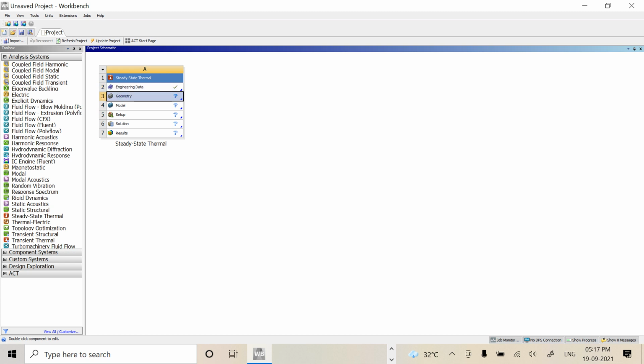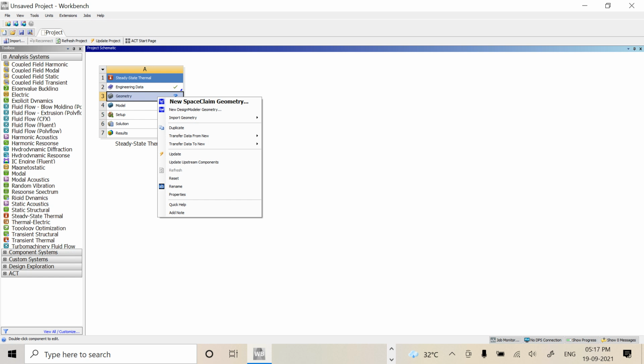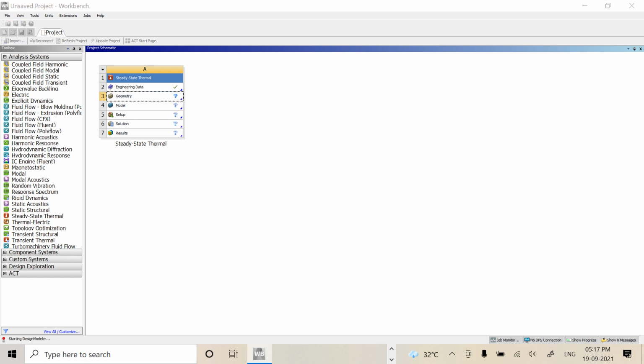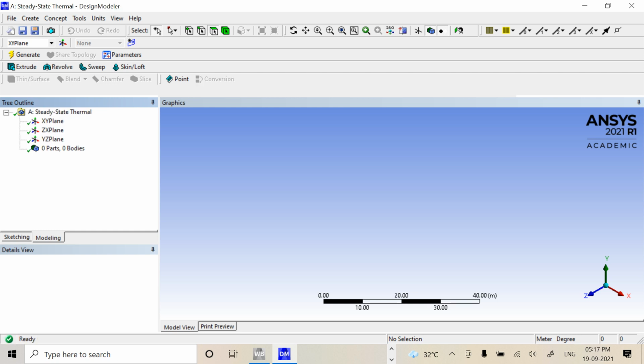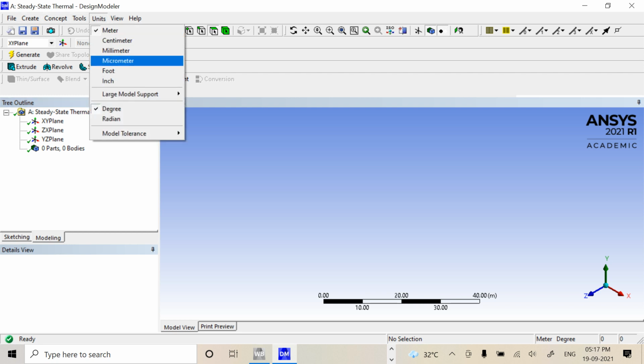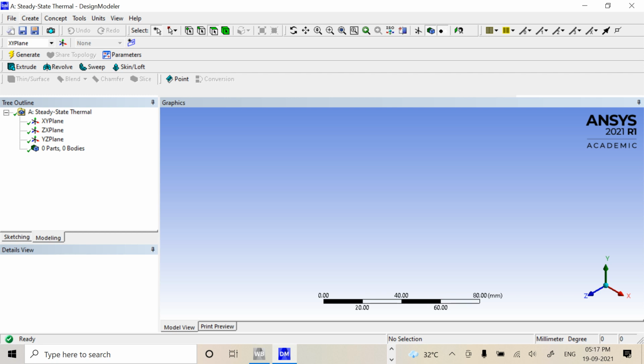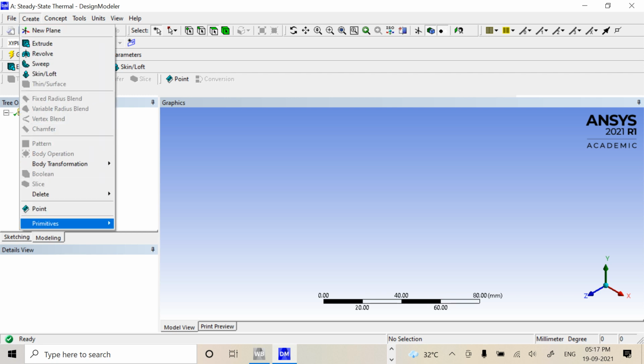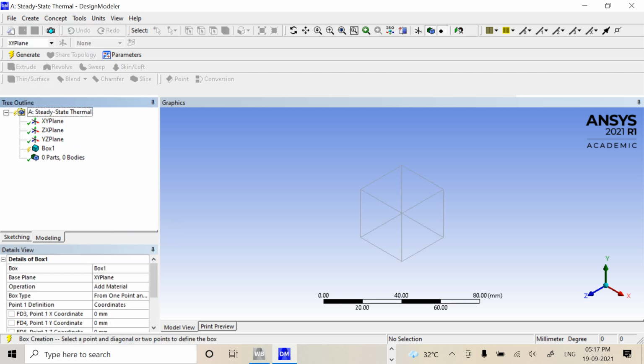So let us define the geometry here. The geometry, new design modeler geometry, we are going to click. Here it opens. This is the design modeler. So let us define the units. It's in millimeter. Create primitives, box. So the box has been defined.